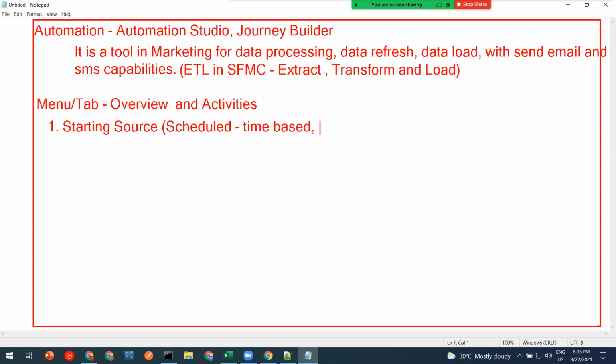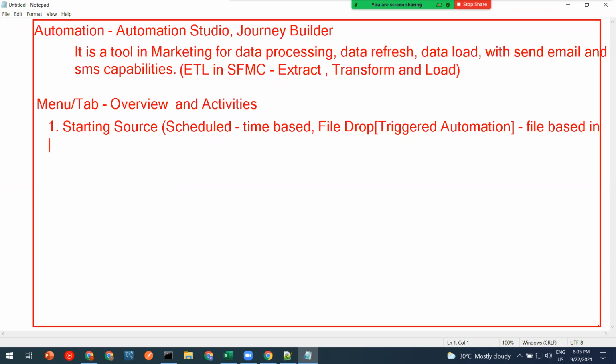These kinds of things can be done in scheduled automation. The second one is known as file drop automation. It was also known as triggered automation. Since many people were getting confused with triggered emails and triggered automation, it was renamed to file drop automation. And this is file-based, file-based in FTP.